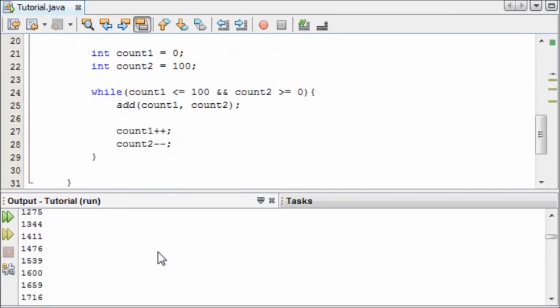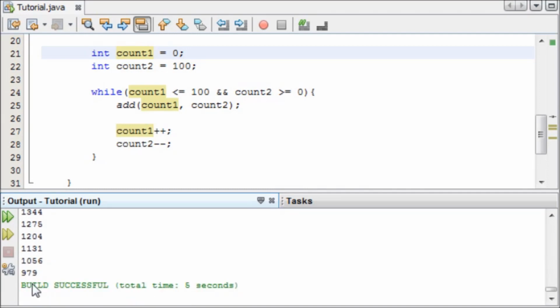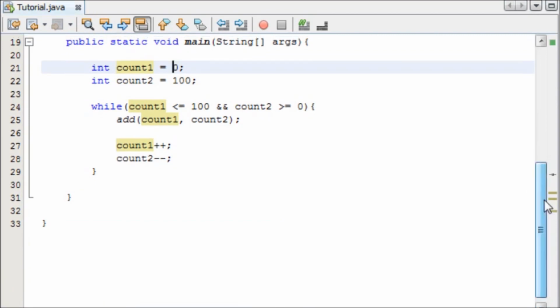as we can see here, it's a lot more interesting than adding them together. It starts at 0 because 0 times 100 is 0. Then the second time it goes round, count1 is now equal to 1, and count2 is now equal to 99. So 99 times 1 is 99. It then goes 2 times 98, then 3 times 97, and so on and so on. And then the final number that we reach, it counts up to a max of, let's see, 2,500, and then it counts all the way down again, and it reaches this. I'm not sure why it's stopped there rather than 0, but anyway,